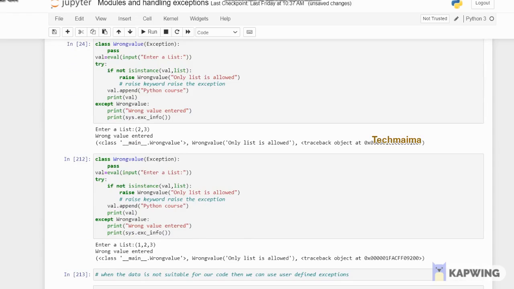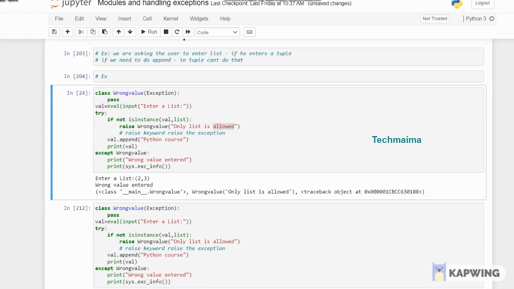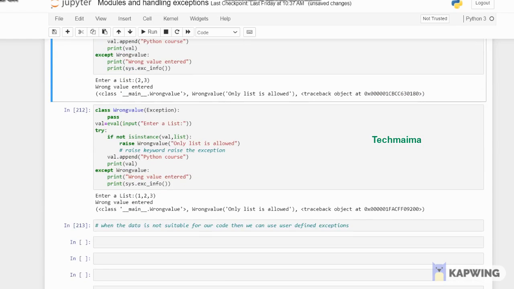So it shows the class main, under main the class exception, and under that WrongValue is the class name that I created. This is my own class name. And for WrongValue, see here, only list is allowed, so this message will be printed here. Okay. And then the traceback object where it is stored. So this is how you can define your user defined exception.